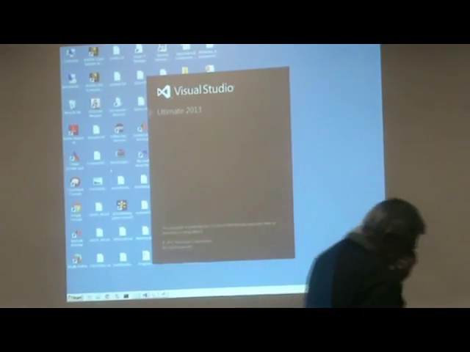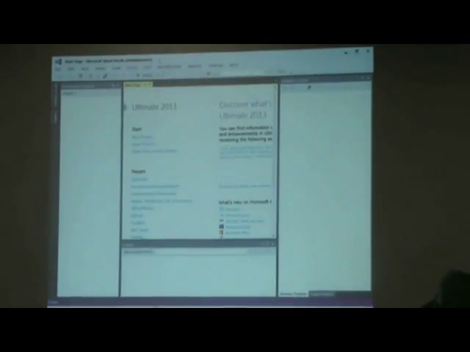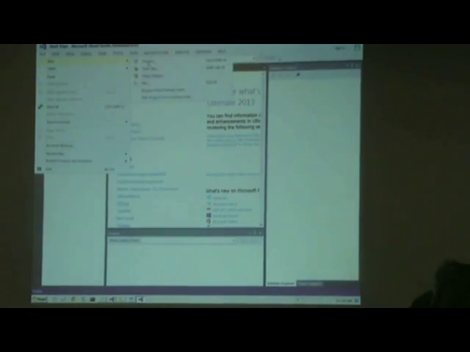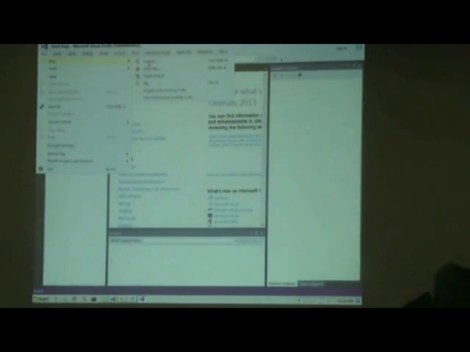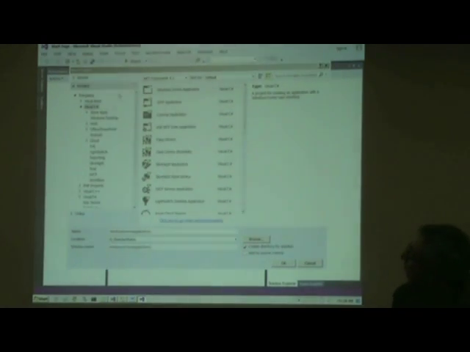All right, so I'll create something very quick. Show you the fundamental event handling mechanism via delegates. So if I go create a new project, okay, so anyway, if I pick a Windows Forms application,